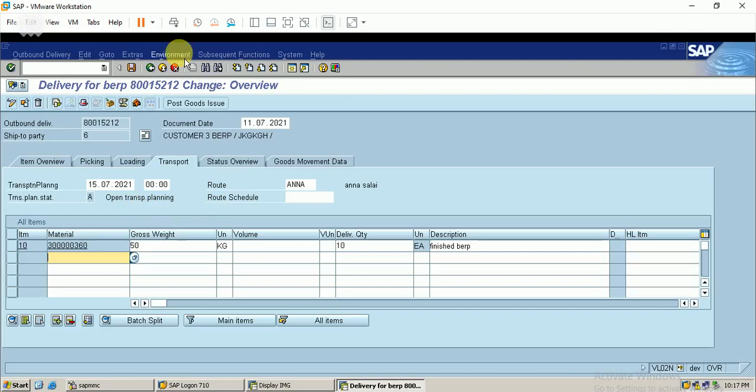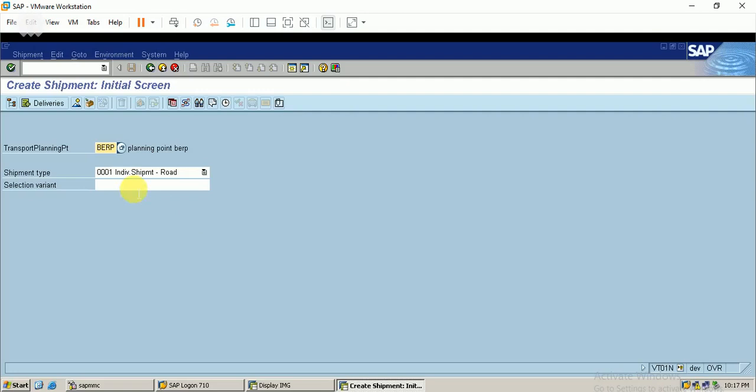So I just move to the T code for shipment, that is VT01N. The transportation planning point and the shipment type, I said we will make use of this shipment type, and this is the transportation planning point. So we will make the shipment. Just click on enter.